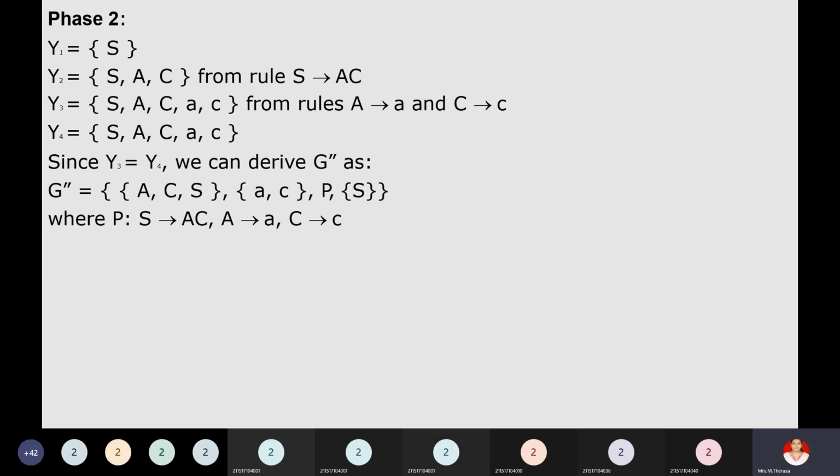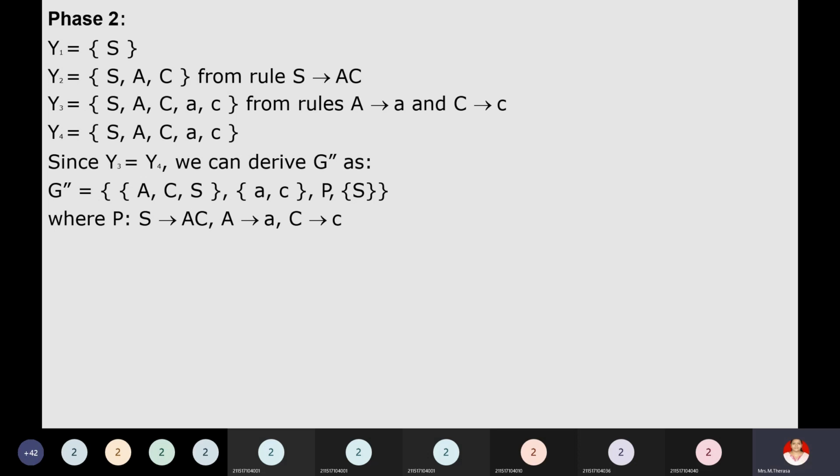So S is the start symbol. So W1 is a yes. Then W1 has two non-terminals, A and C, since the production rule S tends to AC. And then using this A and C, you can include A and C using the production rules A tends to small a and C tends to small c. Apart from that, we cannot add any production rules because you cannot further increment these things. So the only useful variables and terminals are